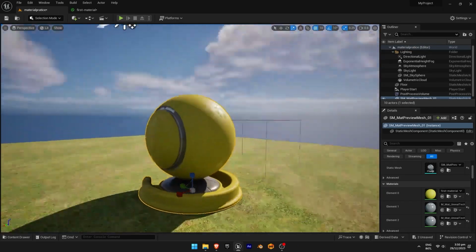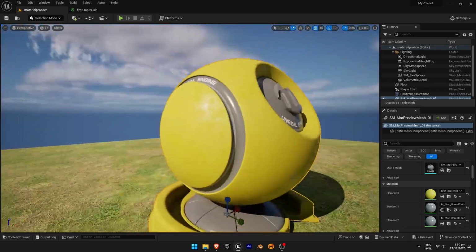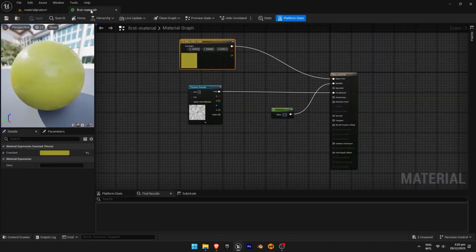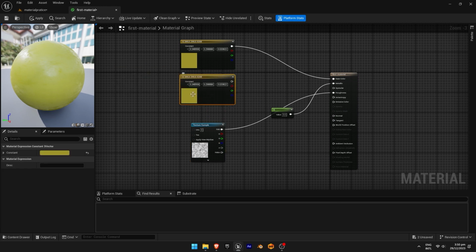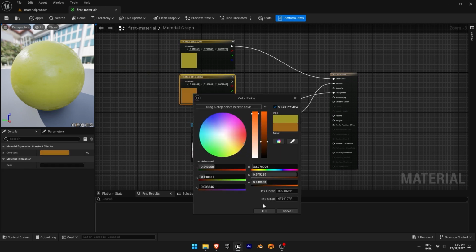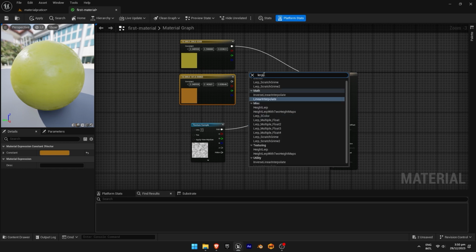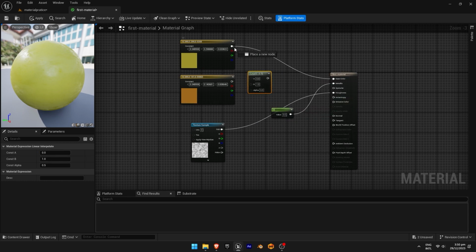So if you think that's not enough to make it rusty, we are going to blend two materials, and in order to do that, we are going to copy and paste this material and make it a different color. In order to work with both of these colors, we are going to right click here and add linear interpolate. Connect the first color to A and the second color to B,